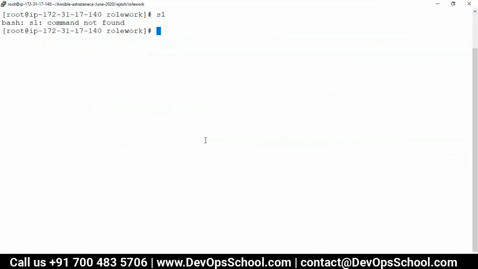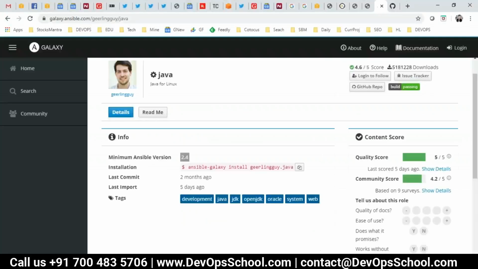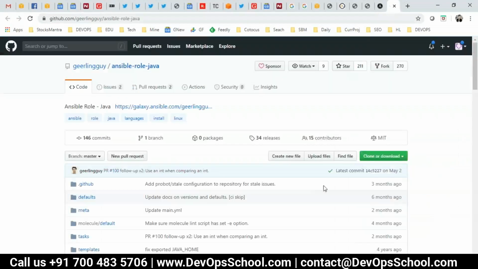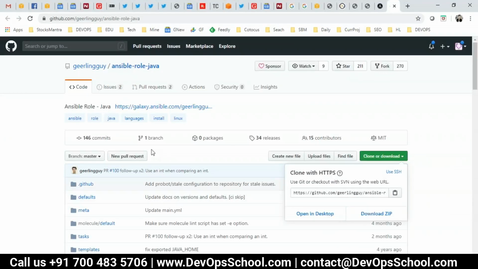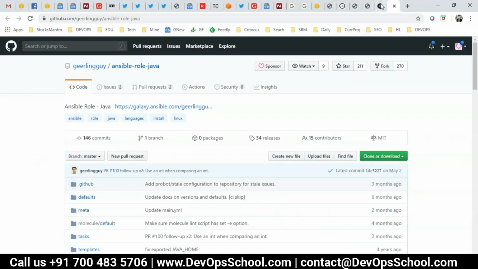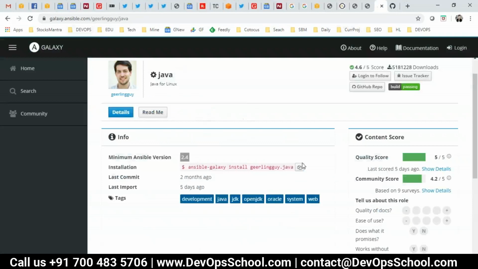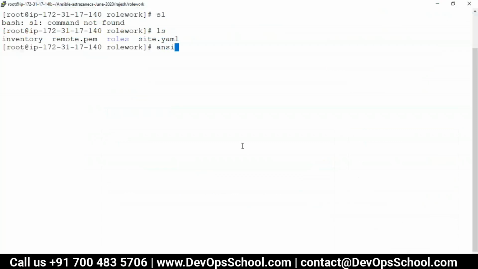So now the question is, how do we copy this role? I want this role. So either you come and download it and do the tedious process, whatever you want to do. You can download this, extract this, or clone this. But the Ansible way, you can also get this role easily. Just copy this with Ansible Galaxy. Now the question is, what is Ansible Galaxy? So guys, Ansible Galaxy is another tool.